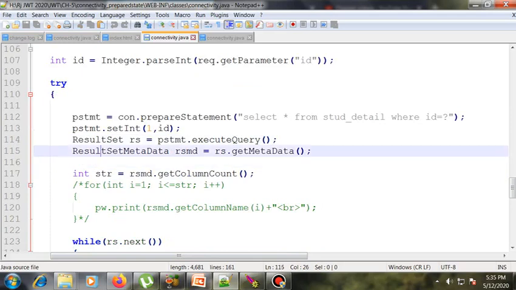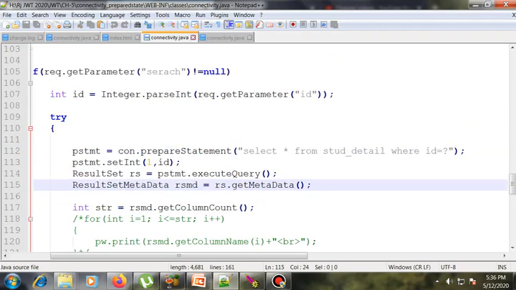What is the basic purpose of the result set metadata? This interface is used to get any kind of column information or counting. That time we can use the result set metadata. If I want to check how many columns are in our table, I can use the result set metadata.